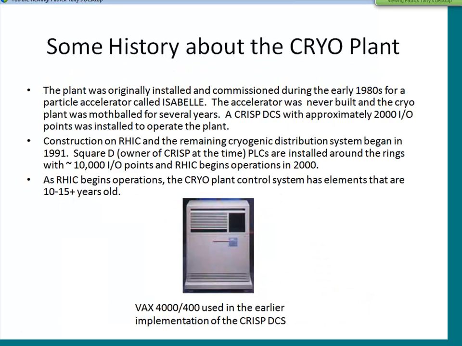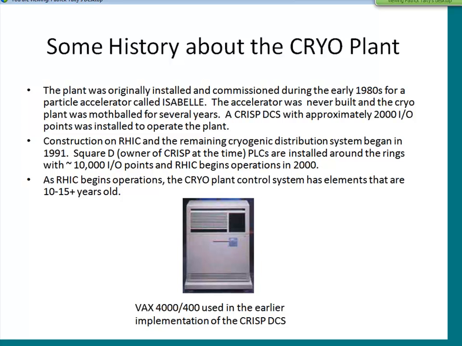The cryo plant has an interesting history. It was originally built during the late 70s and early 80s for a particle accelerator that was never actually built, called Isabel. There were some technical problems, and the cryo plant was built and commissioned. It was at this point that the CRISP DCS system, with approximately 2,000 I/O points, was installed for the cryo plant. When the Isabel project was canceled, the cryo plant was mothballed, and it wasn't until